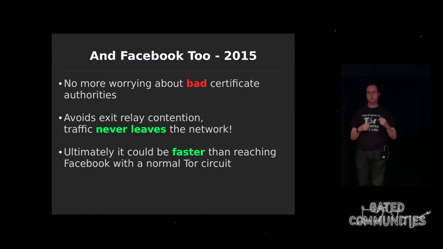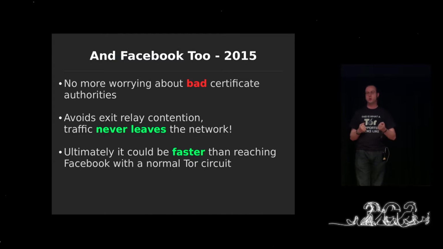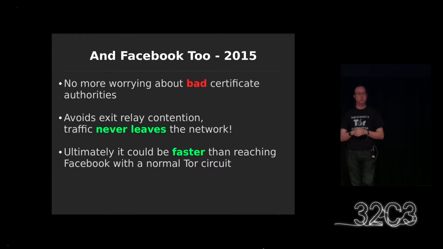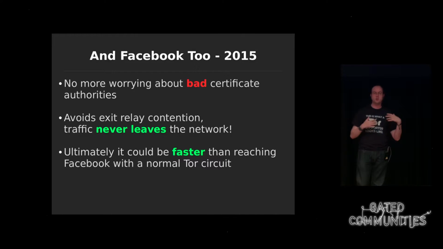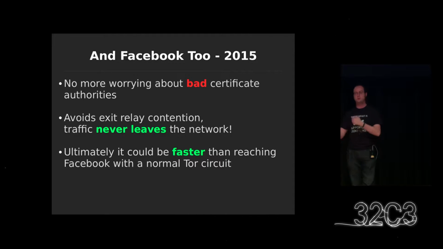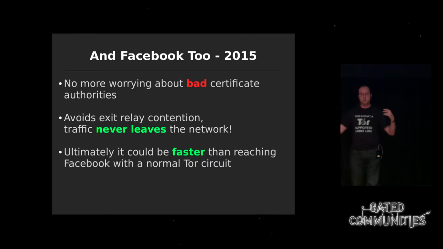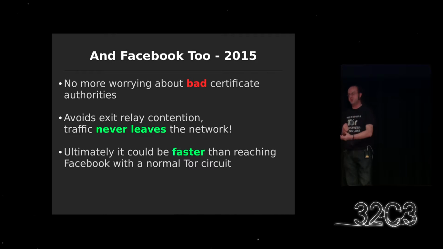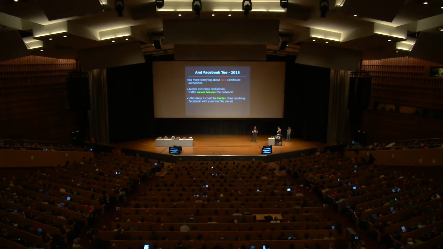I was talking to one of the Facebook people earlier. He doesn't want me to tell the number of users who are using Facebook over Tor, but it's many hundreds of thousands. It's a shockingly high number of users. So wouldn't it be cool if we can switch many of those users from connecting to Facebook.com over Tor to connecting to Facebook's Onion address, and then reduce the load on the exit relays so that it's faster and easier and scales better for the people connecting to websites that aren't Onion addresses.